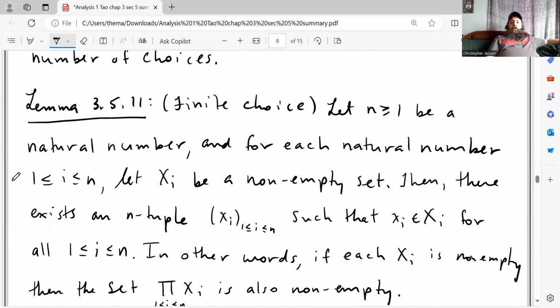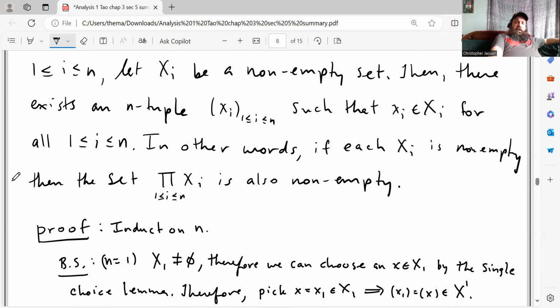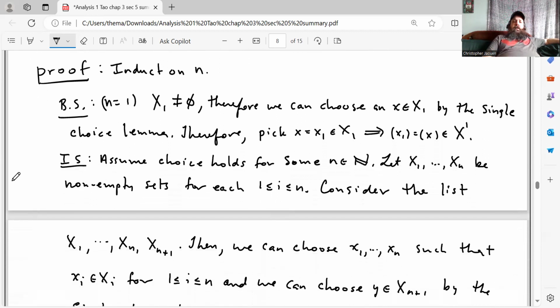Let n be greater than or equal to 1 be a natural number, and for each natural number i going from 1 to n, let xi be a non-empty set. Then there exists an n-tuple, xi, i going from 1 to n, such that xi is in the set Xi for all i from 1 to n. In other words, if each Xi is non-empty, then the Cartesian product i going from 1 to n of Xi is also non-empty. Right, and the proof is by induction,